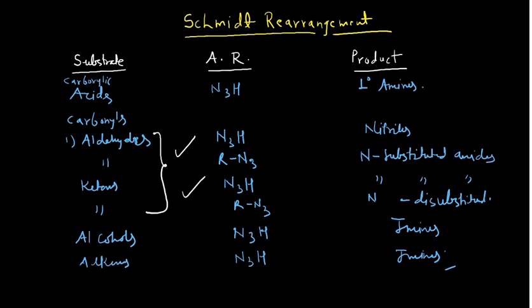So let's start with the acids first. I'll try to cover all the possible mechanisms in that case. First I am taking the example of carboxylic acids. I am not going to generalize the reaction; I will simply take a real example. Say you have acetic acid, CH3COOH, and you treat this acetic acid with your reagents,